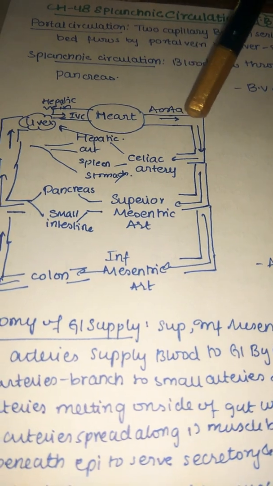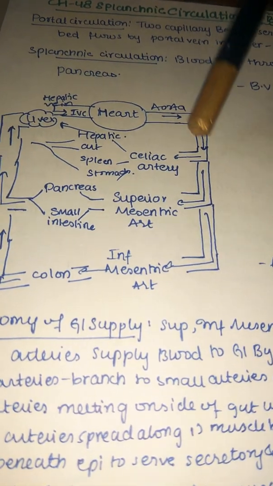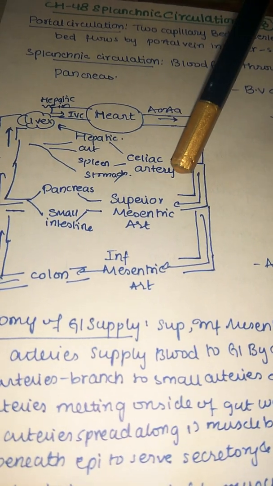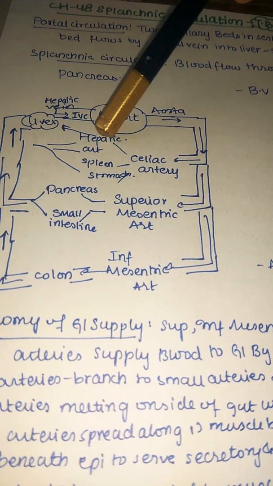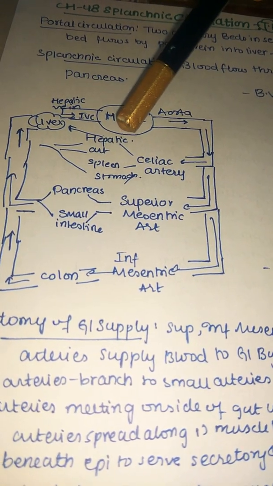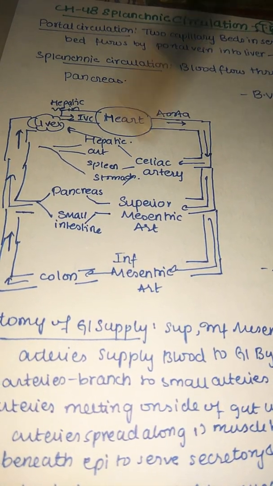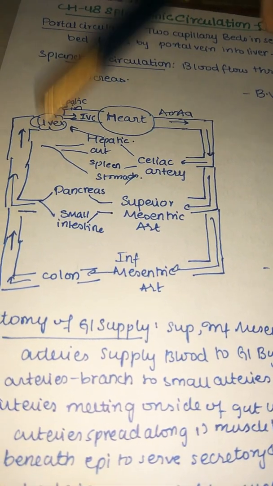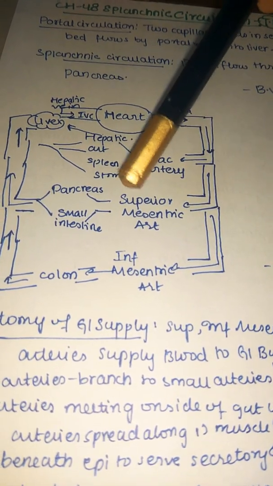Coming from the heart, especially the left ventricle, blood reaches the aorta. From the aorta blood reaches the celiac artery, and from the celiac artery it goes into the hepatic artery. One more thing about the hepatic artery: the blood from the hepatic artery goes into the liver. We know the hepatic artery produces the blood supply to the liver. From the splenic artery it will go into the spleen, and from the gastric artery into the stomach. These are the arteries which are supplying them.